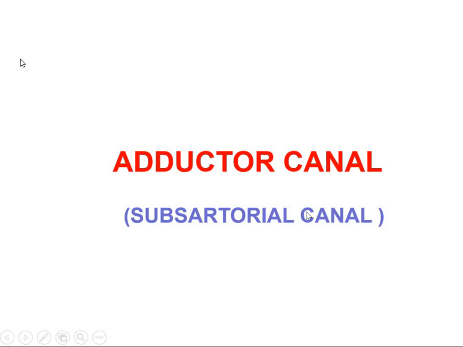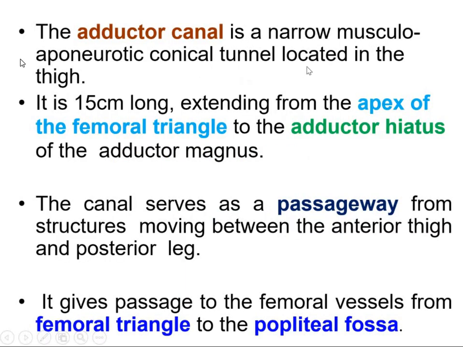The adductor canal is a narrow musculoaponeurotic conical tunnel located in the medial aspect of the thigh. It is around 15 centimeters long, extending from the apex of the femoral triangle. Hope you are done with the femoral triangle. I think Kalra ma'am has taken the lecture on femoral triangle, so you are familiar with what the femoral triangle is and where the apex of the femoral triangle is. So it is extending from the apex of the femoral triangle to the